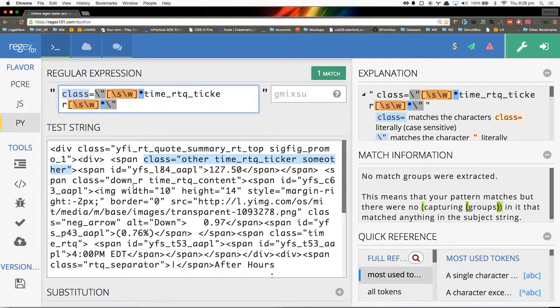Note that there's other class, if I took out this time RTQ ticker, it could match any class string within the DOM. So it tries to be as specific as possible, while still finding a pattern that matches this regular expression. So it finds a time RTQ ticker, and then it finds this something other, etc.